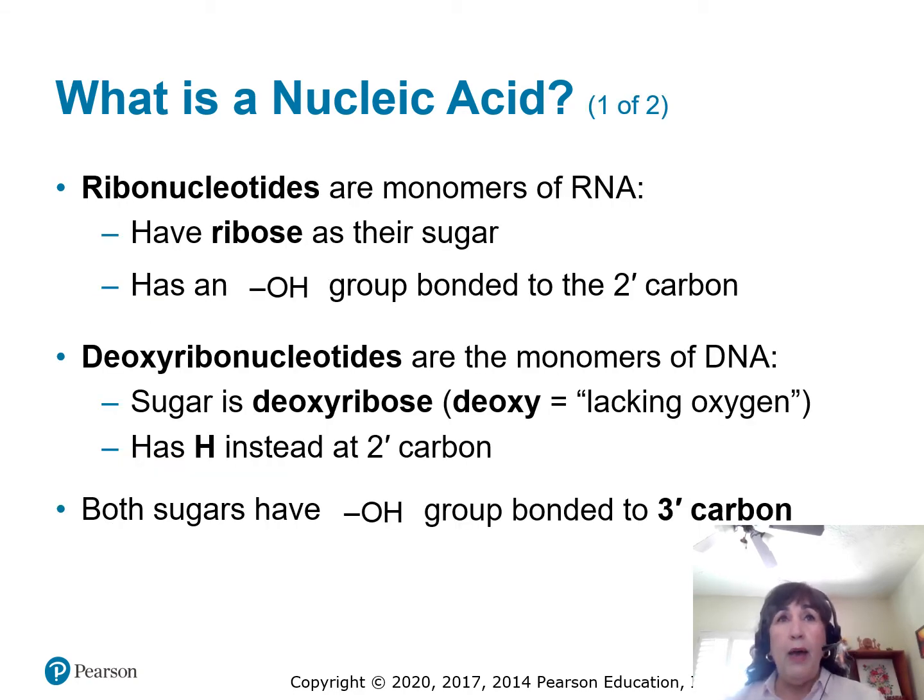So we can talk about the two types of nucleotides, ribonucleotides and deoxyribonucleotides. But in reality, when people are talking to each other, we just say nucleotides, and we make reference to either RNA or DNA. But what are some of the major differences between the two? Ribonucleotides have ribose as their 5-carbon sugar, and they also have a hydroxyl group or an OH group bonded to the 2' carbon. In just a second, we're going to see a diagram, and I'll show you what the 2'